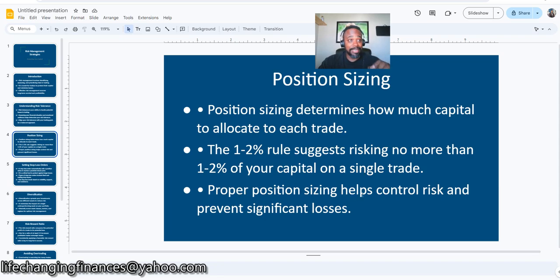Now, proper position sizing helps control risk and prevent significant losses, which you guys will learn. So, for example, if I have $10,000, right, and I use $2,000, I'm more prone to losing more money by using 20% of my account at that particular time versus using 1 to 2%. So if you've got $10,000, maybe play with 100 or $200. That way you'll live to see another trade. You won't blow up your account,